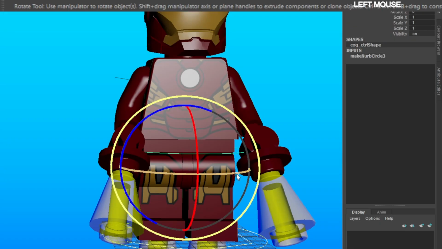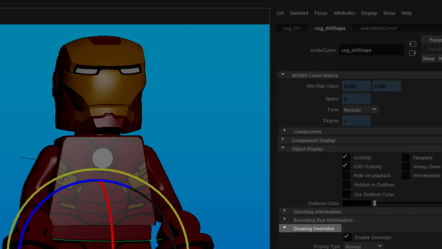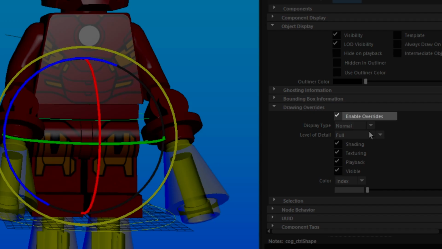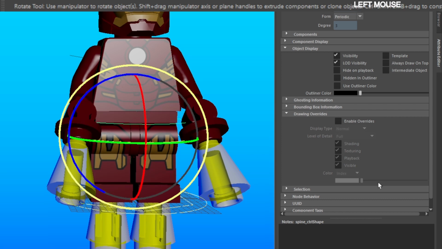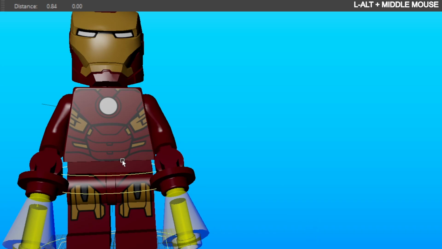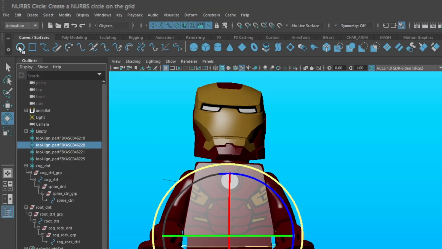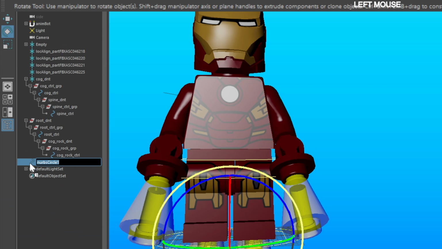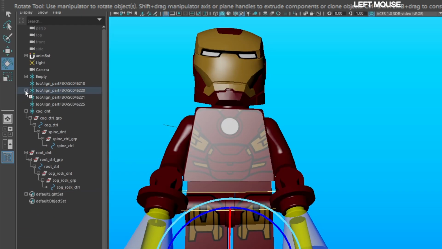Select the COG control, go to the attribute editor, control shape, object display, drawing override, enable override, and choose a color. Then select the spine control, enable override, and change the color. Identify your chest locator. Go up to the curve surfaces shelf, create a NURB surface, middle mouse drag it into the chest locator, open the hierarchy,